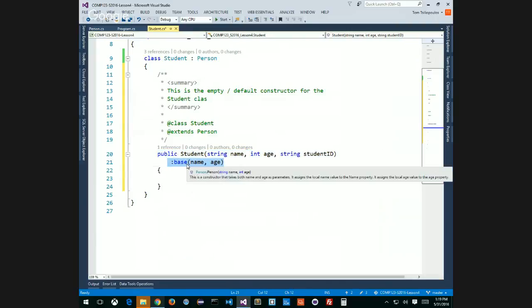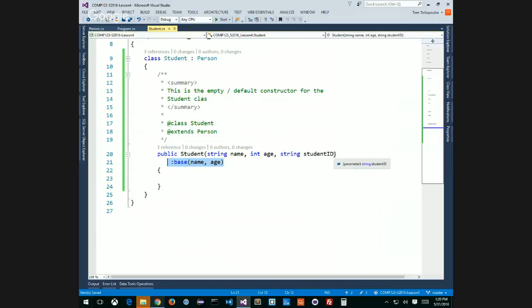Notice that the superclass call happens before anything else. I can't call the superclass in here. And so it is for many other programming languages. You can't do other initialization and then call the superclass in the constructor. It doesn't work that way. Superclass has to be called first. The superclass constructor. All right, if that's the case now, in order for me to make a successful student,